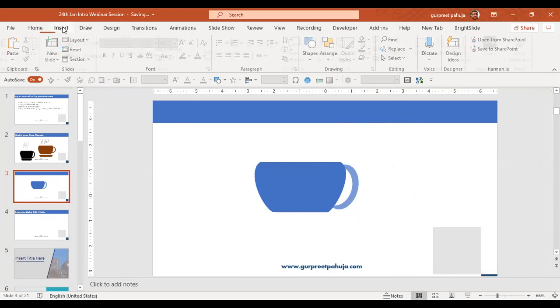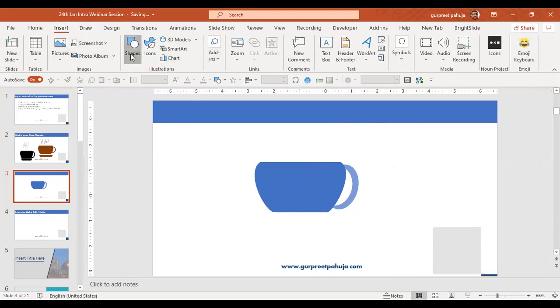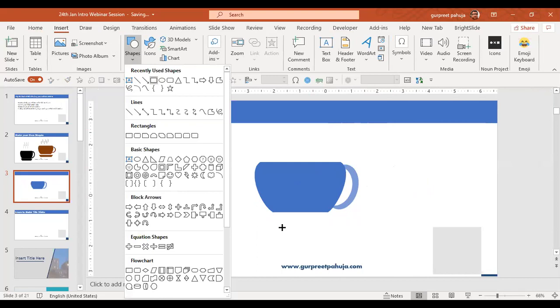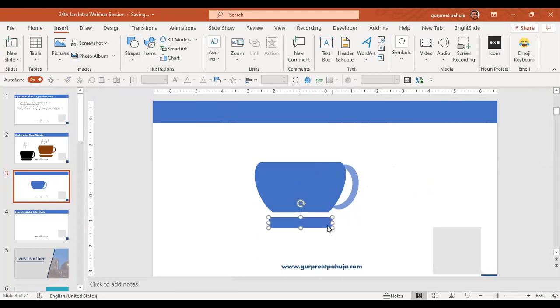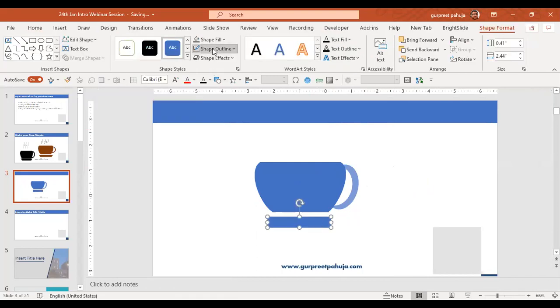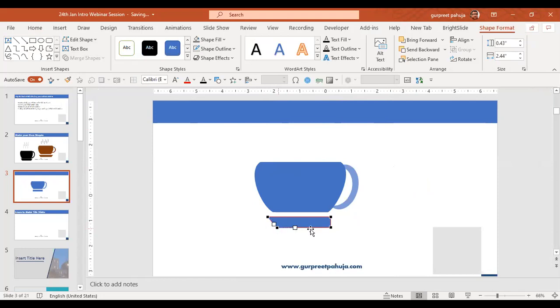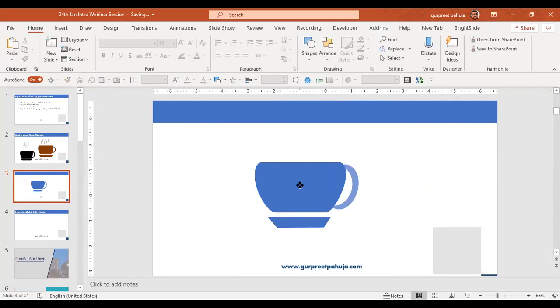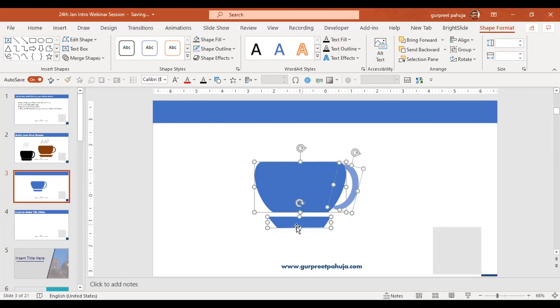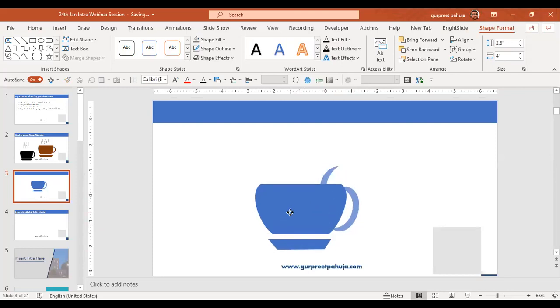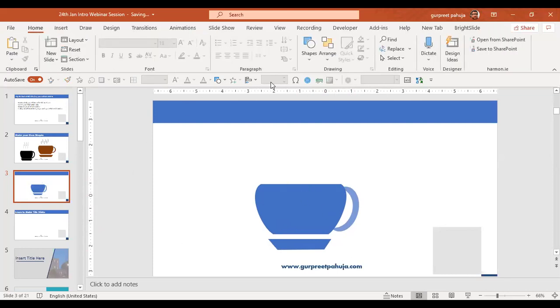Again, I will go to insert. I'll go to shapes. I'll select a rectangle again. Shape outline, no outline, right click, edit points. I will move this. So I will select all of them and group and I'll move this and I will remove this because that was an extra part.